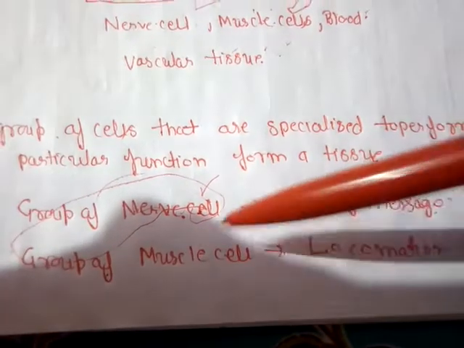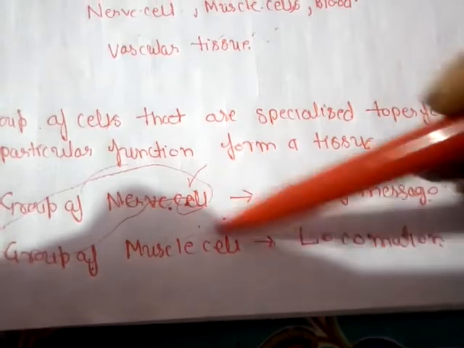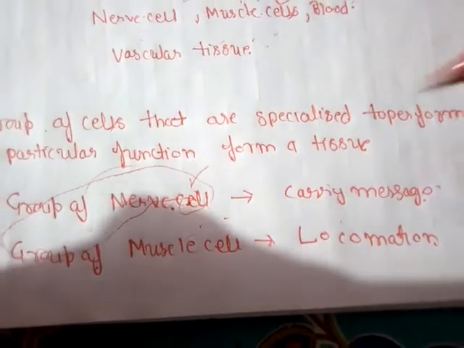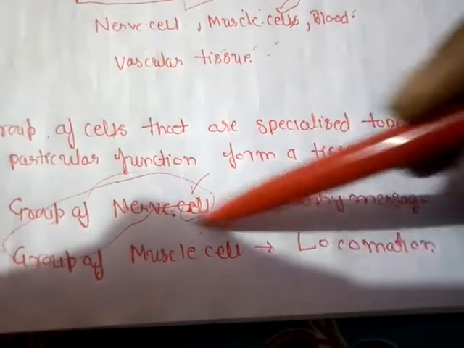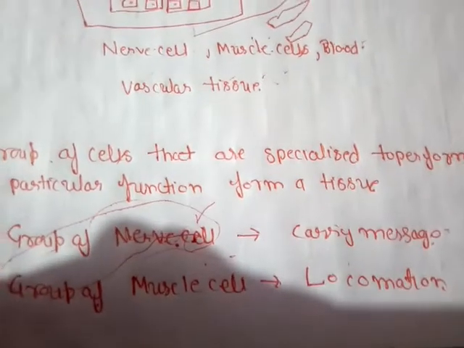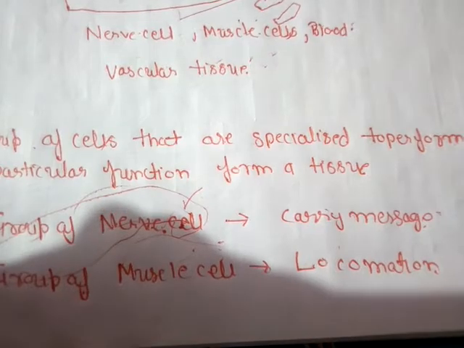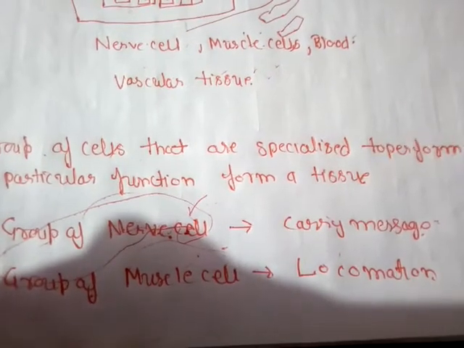Another example, the group of muscle cells. These muscle cells are specialized to contract and relax, and by which they are participating in locomotion. So this group of muscle cells is a tissue, and that tissue is considered as a muscular tissue. So the clear-cut concept is there. The group of cells that are specialized to perform a particular function,